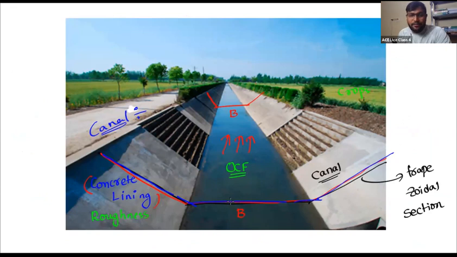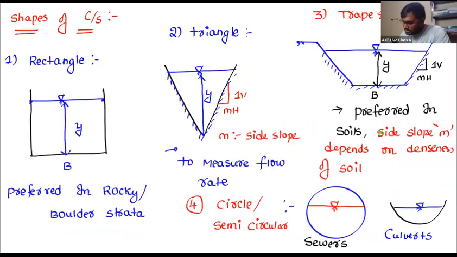When the wetted perimeter is less, then the lining required is less. When the lining required is less, then the cost of lining is also less. When cost is less, then I can say it is economical. So out of all the sections, if I want the economical section, the wetted perimeter has to be less. So now I can write a point over here as